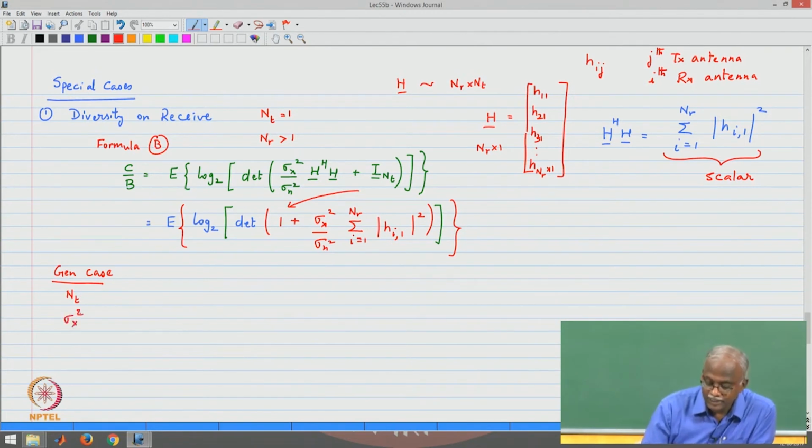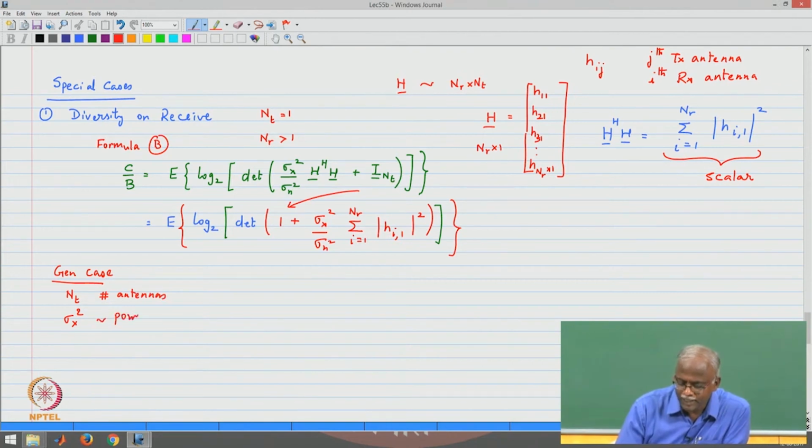So, this is the signal variance at the transmitter, and this is the number of antennas, and you can think of this as the power of the signal transmitted per antenna,